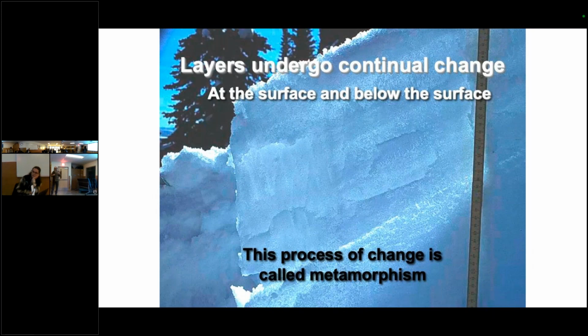But each molecule of snow is constantly moving and changing, and that is something to be aware of. The snow you skied on yesterday is not going to be the same as tomorrow. And same with the avalanche conditions.